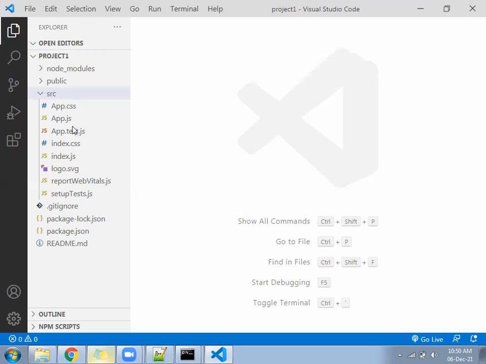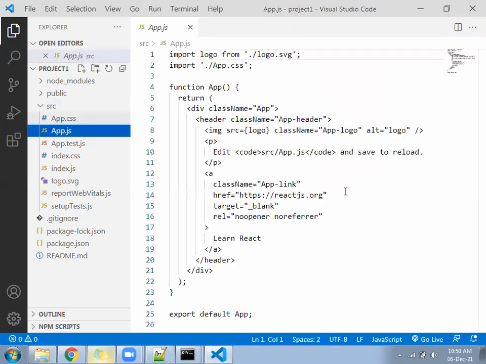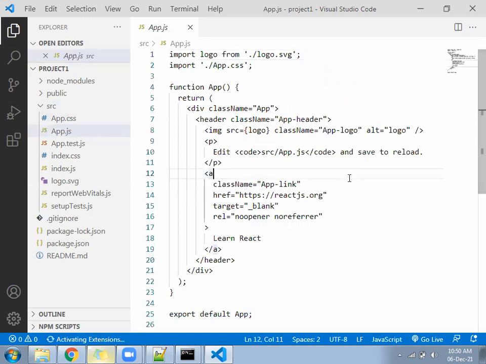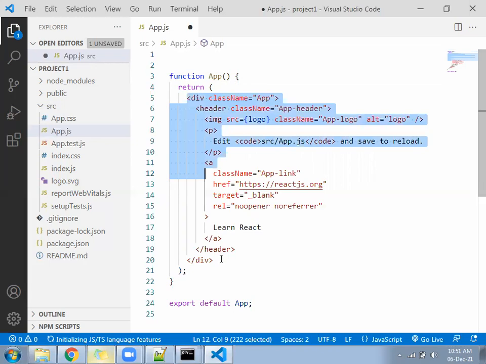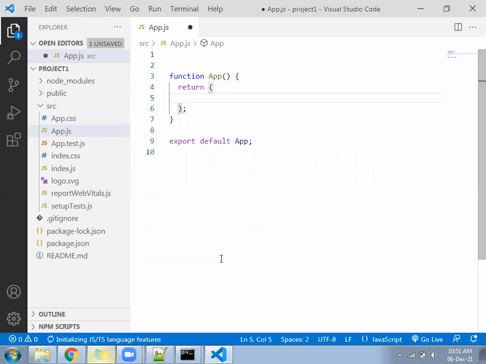In the SRC folder, there is a file called app.js. Inside app.js, you can see there is a keyword called import. 2 lines are written. Delete that. We don't need that as of now. And come inside the function App. Some code is written. Delete that also. And write here an h1 tag: Welcome React. Save the file and look into your browser.